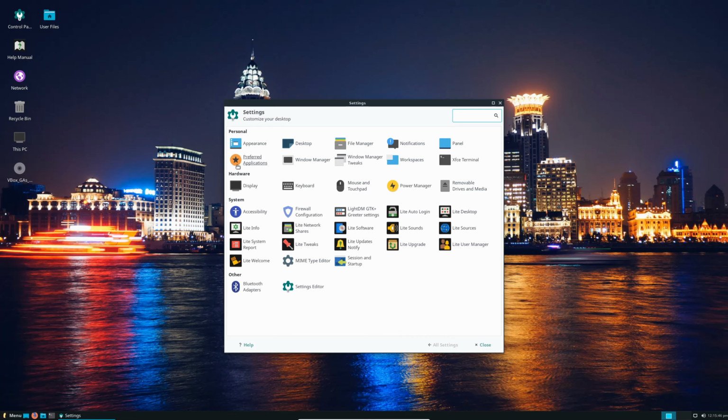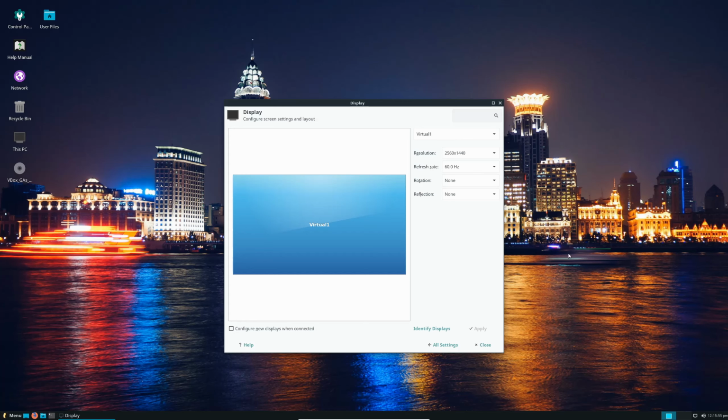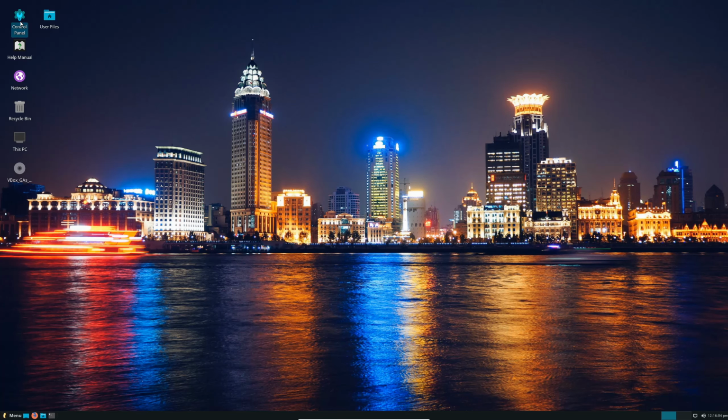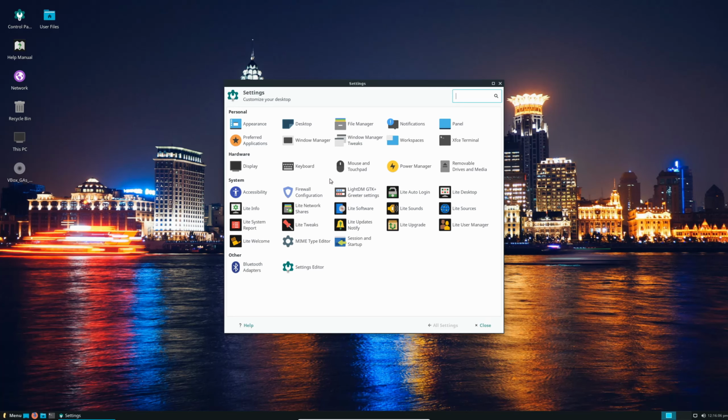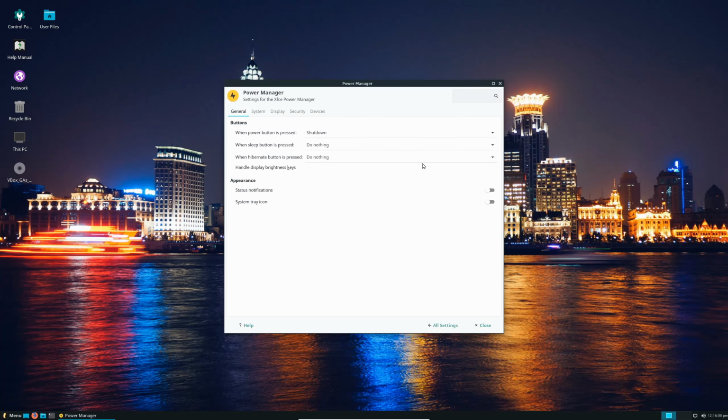We could see the parents, of course, preferred apps. I'm not going to go through everything. We could tweak window manager behavior and whatnot, workspaces, display, choose the display resolution we want, and refresh rate, rotation or not, multiple display support. We have keyboard, mouse, power manager, of course,